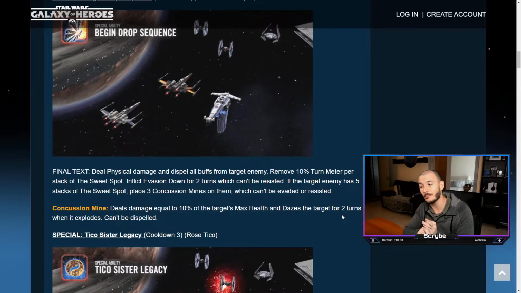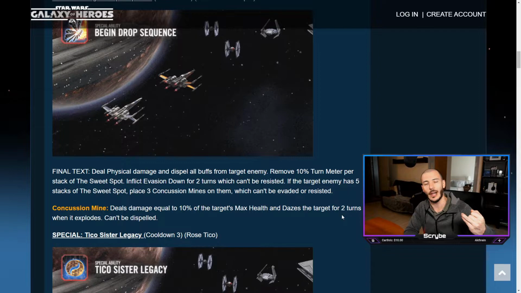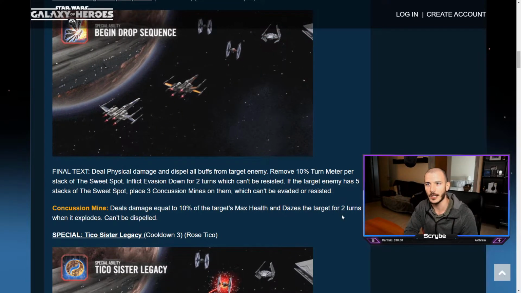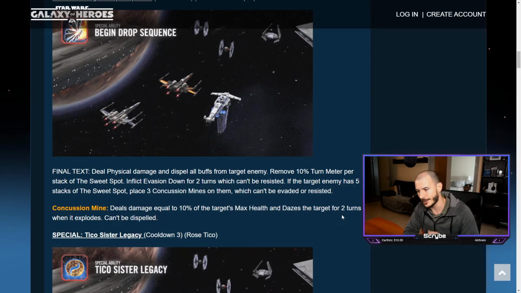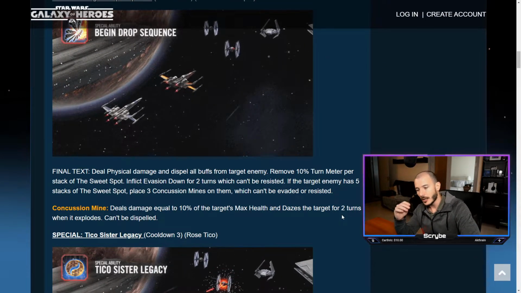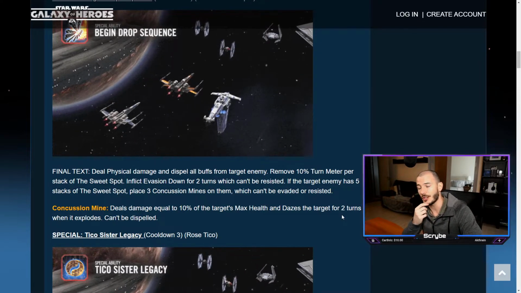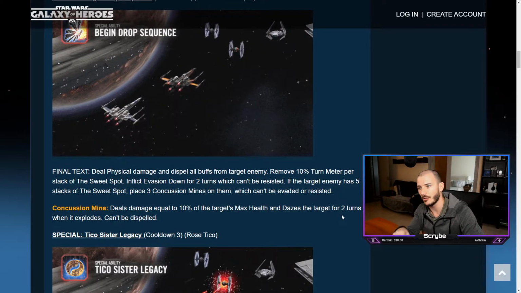It removes 10% turn meter per stack of the Sweet Spot, which is lovely, again, because that will help deal with Houndstooth, who's just like, you dispel it and it just takes another turn immediately. And anyway, gains its taunt back up. It afflicts evasion down for 2 turns, which can't be resisted, which is going to be very useful against the likes of, I don't know,